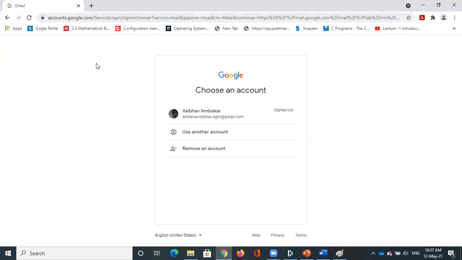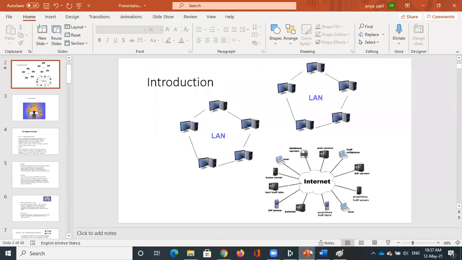To access that, we require servers, such as database servers and web servers. So the World Wide Web is not just a web browser. Behind the scenes, we require web browsers, web servers, and so on. This is the basic idea about the internet and the web browser.